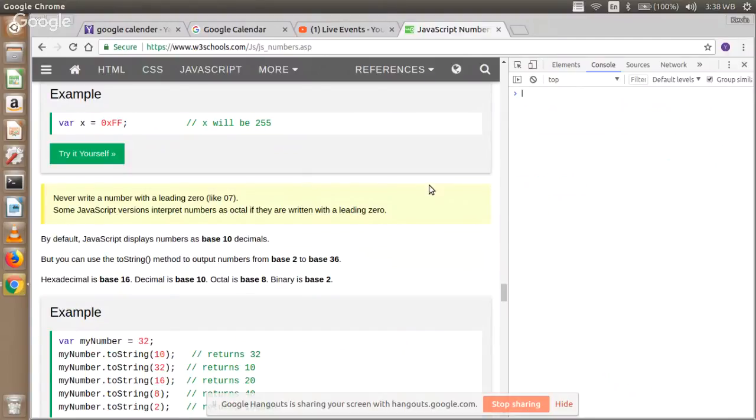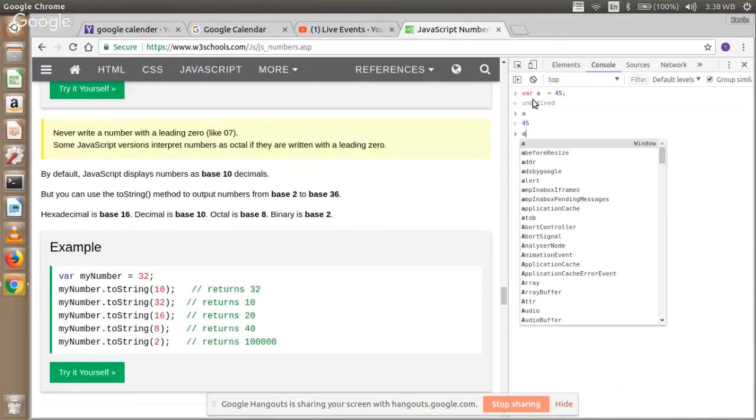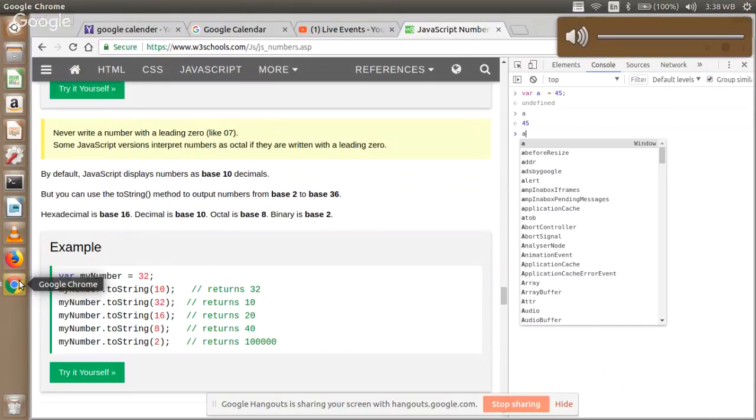So we were testing. So assuming I have a variable, and if I want to know,